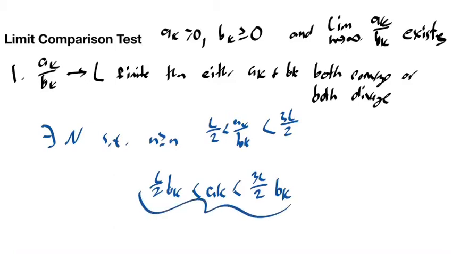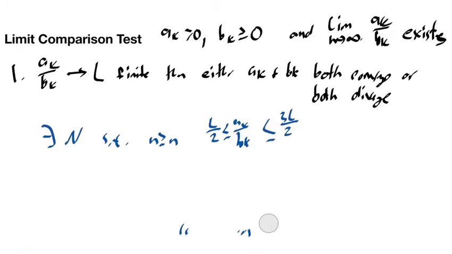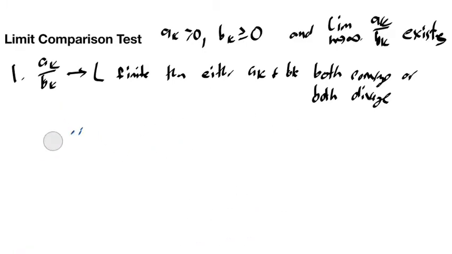But now you can see that this is the comparison test all over again. If the b sub k's diverge, then L over 2 b sub k diverges, and since the a's are bigger, they must diverge. If the b sub k's converge, then 3L over 2 b sub k converges, and so the a sub k's must also converge. Because a sub k is bounded between these two terms, which either both converge or both diverge since they differ by a constant, the a sub k's must do the same. The book chooses to skip the proofs in the infinite case,